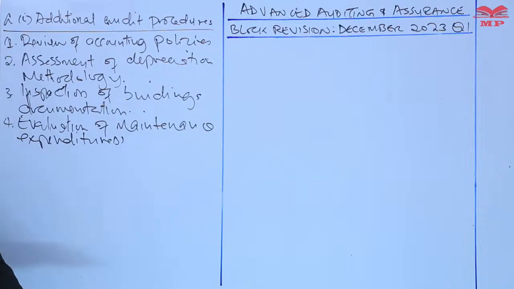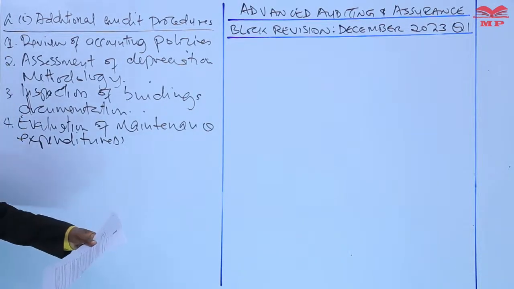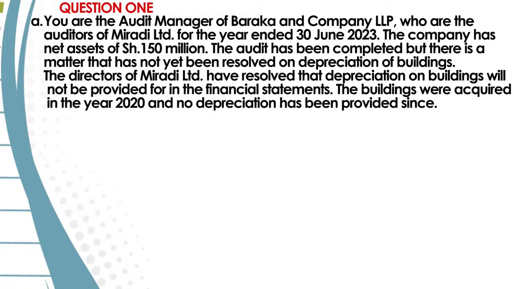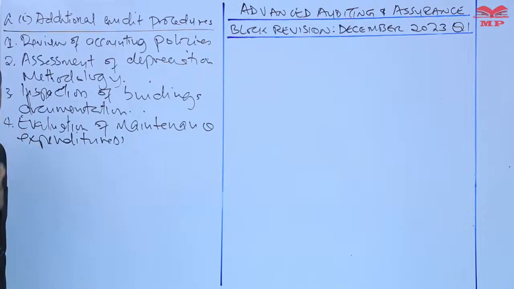The auditor should review the company's records of maintenance expenditure that is incurred on buildings since acquisition. We saw that these buildings were bought in the year 2020. The auditor is carrying out the audit in the year 2023. So since 2020, what are the maintenance costs related to buildings? The auditor should assess, should evaluate, should review the company's records of maintenance expenditures incurred on the building since acquisition